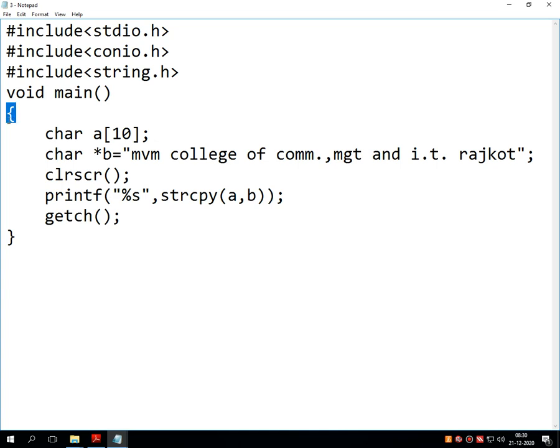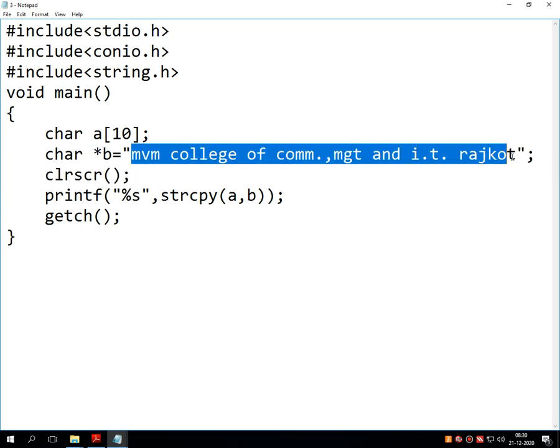Then into the void main statement, there is an opening and closing bracket, and I have declared a character array whose size is 10. Then I have taken another variable called b. I have declared it as a pointer. We'll discuss more about this pointer later on, but I have introduced it into this very basic program.